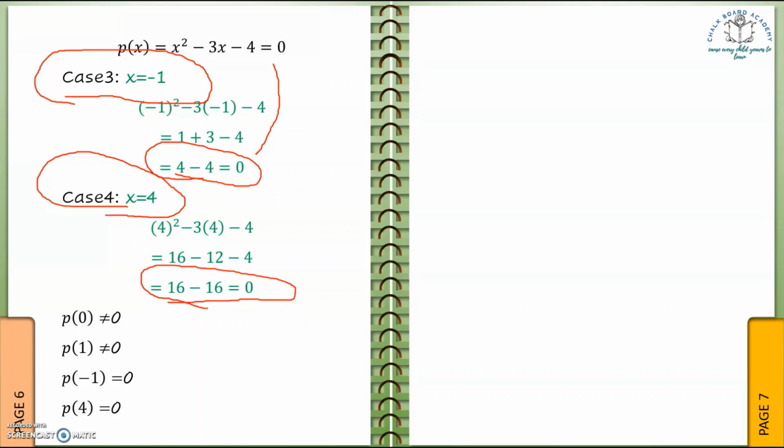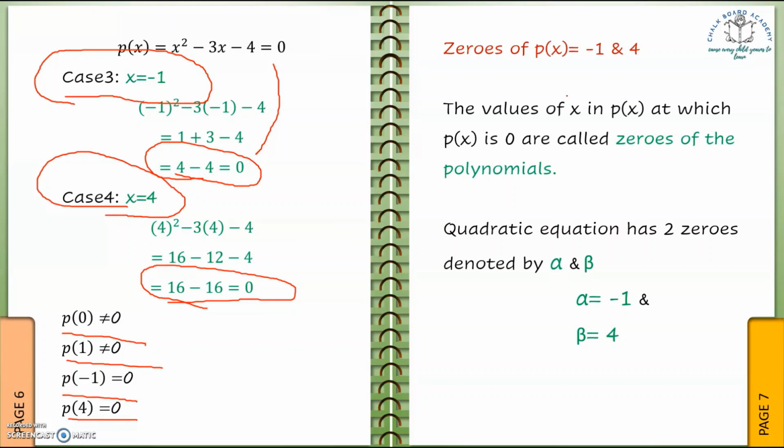So in these cases we have to continuously hit and try and find out whether it is a solution or not. So it is kind of a hectic method, and so we have an alternative called split the middle term, which we will discuss further in this lecture. So by looking at these cases, we can say p(x) as 0 is not the solution, p(x) as 1 is also not the solution, p(x) as -1 is the solution, p(x) as 4 is the solution for the given equation.